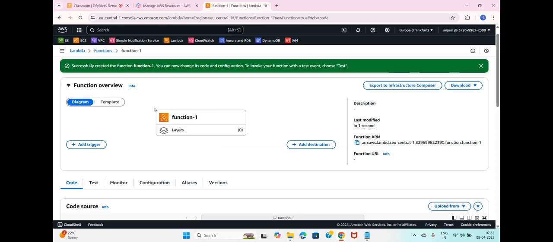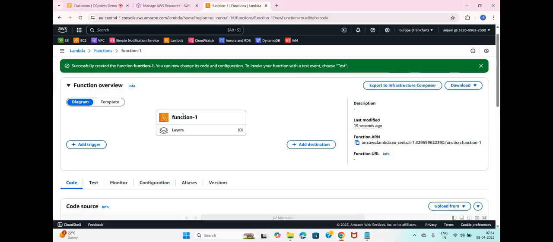Once you have created the function, it will look like this. This is Lambda, and this Lambda is going to deal with your servers.